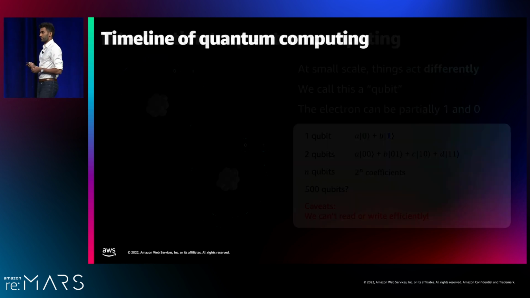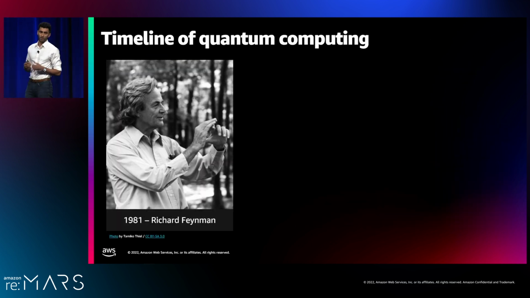But then in 1981, Richard Feynman showed that if you want to simulate quantum mechanics, you need to use a quantum computer. You need to use a computer that works on the laws of quantum mechanics. Now that's pretty intuitive. If you want to simulate quantum mechanics, you need quantum mechanics. But then he posed a question, which is, are there any other problems in the world, not quantum mechanical in nature, that you can do better on a quantum computer?